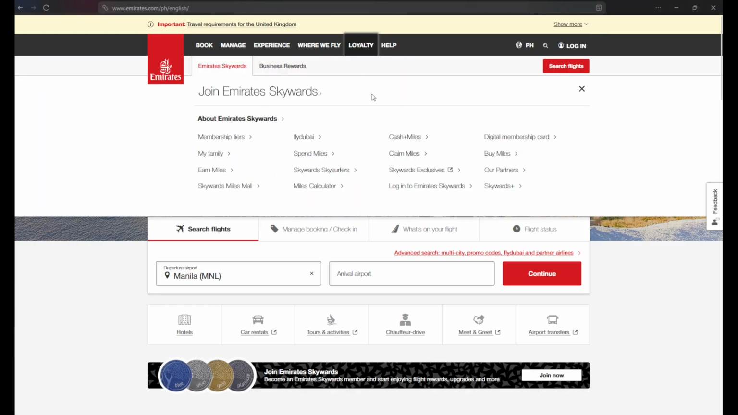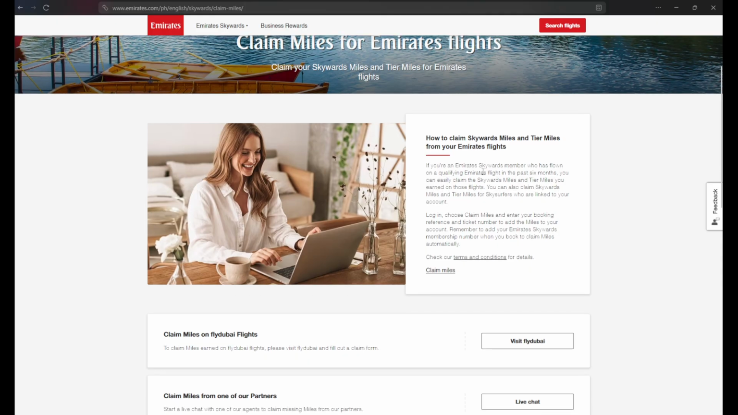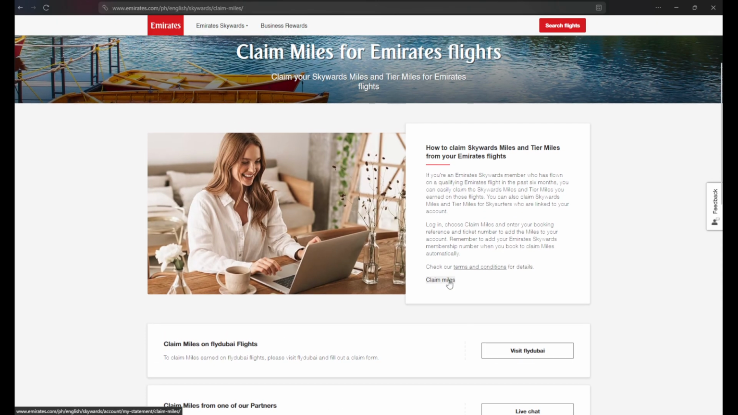Once you're on loyalty, on the third column, you will see claim miles. Click on it and then scroll down here. You will see the claim miles hyperlink. Click on it and then you will enter your booking reference and ticket number, and then you will just claim